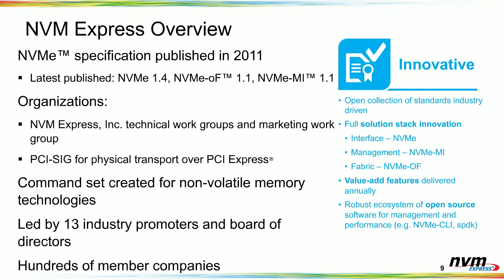And the other part of it is the actual company around it. NVMe Express is now an organization, and there are many specifications that we publish, and I'll talk about that here in the roadmap on the slide. There are hundreds of member companies. I think it's over 100 for sure. I don't know how many we are today, but we have a page on the NVMeexpress.org website that shows all the member companies, and then there's 13 promoter companies that serve on the board of directors that show the direction of the technology.